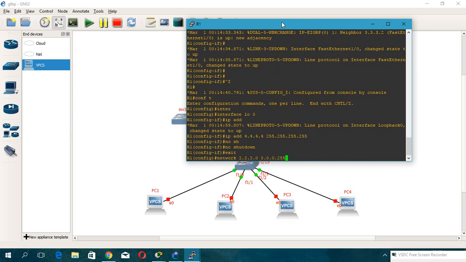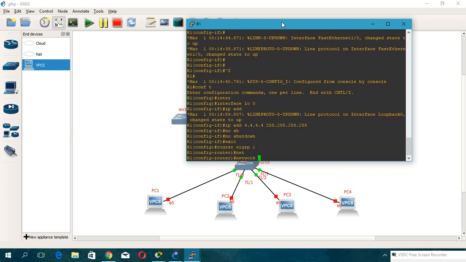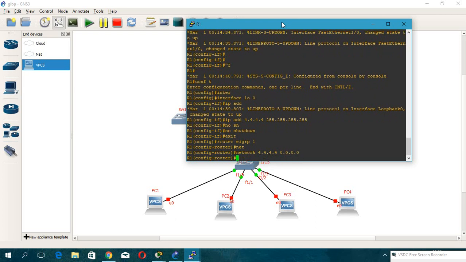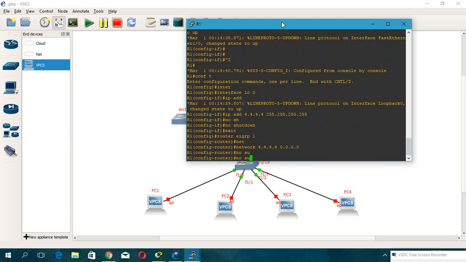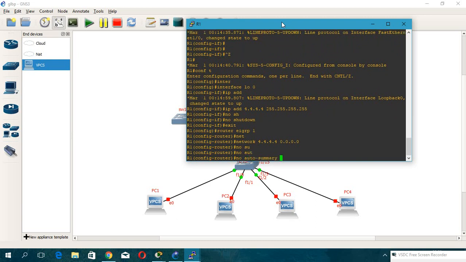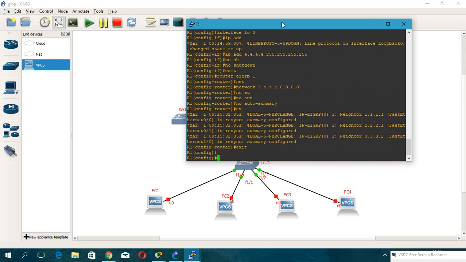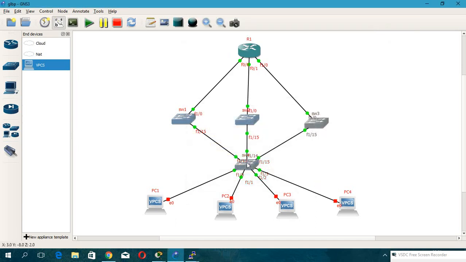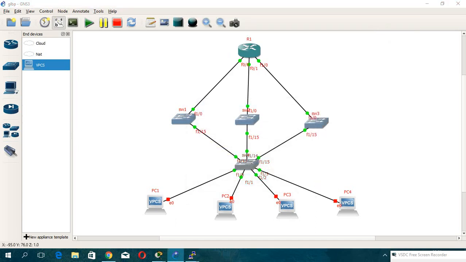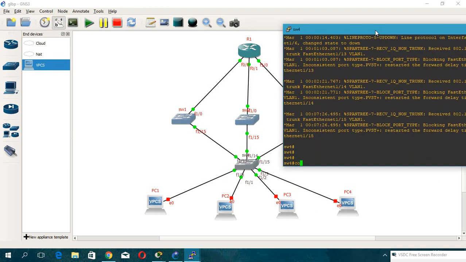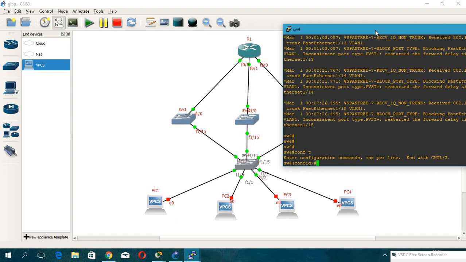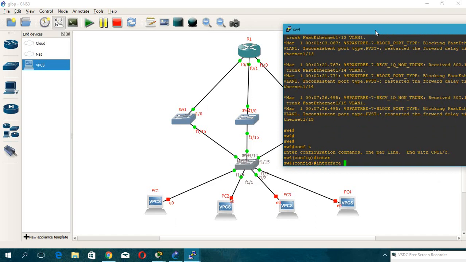Router EIGRP, also we need at this network 4.4.4.4, no auto-summary. Exit. Exit. In switch 4 we also conf